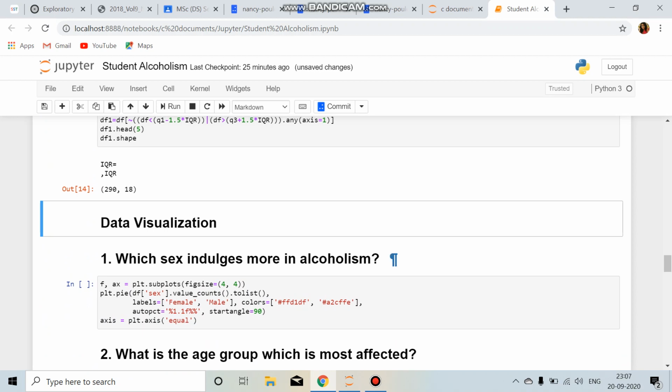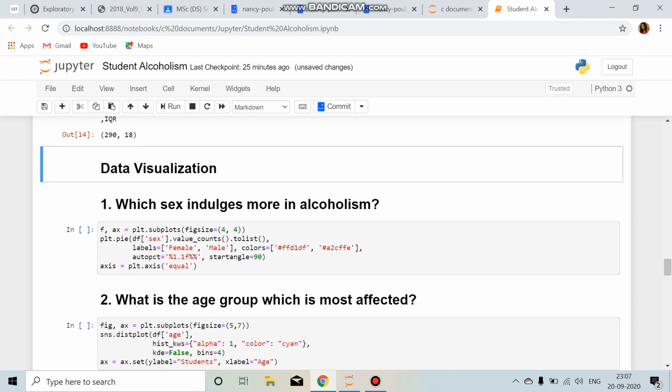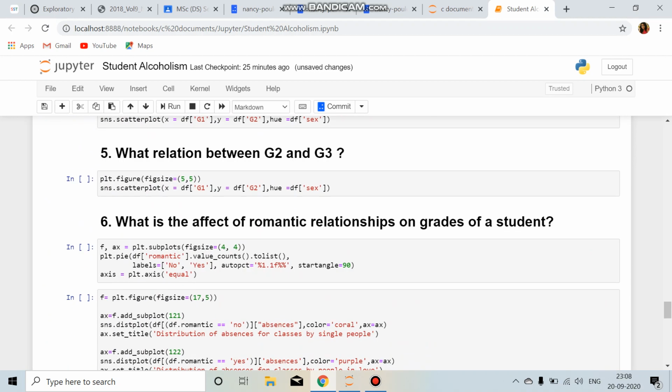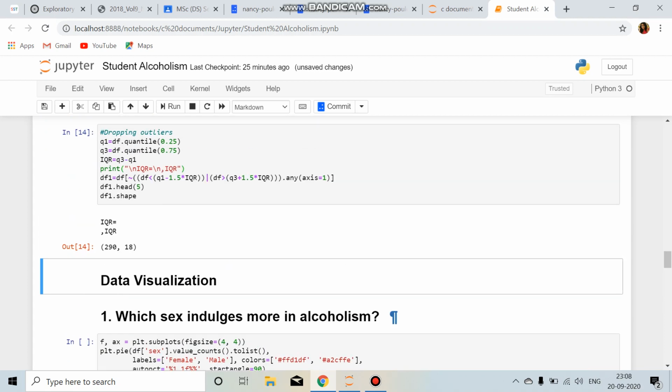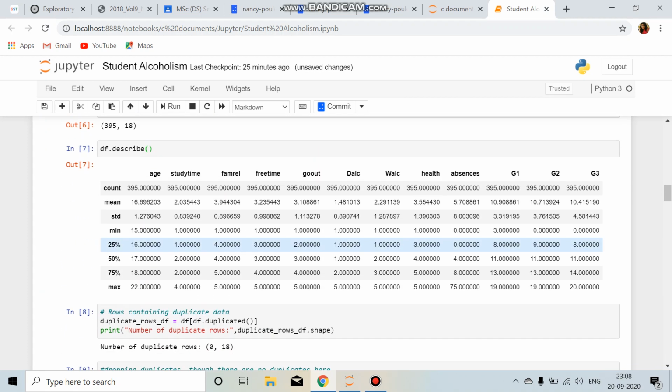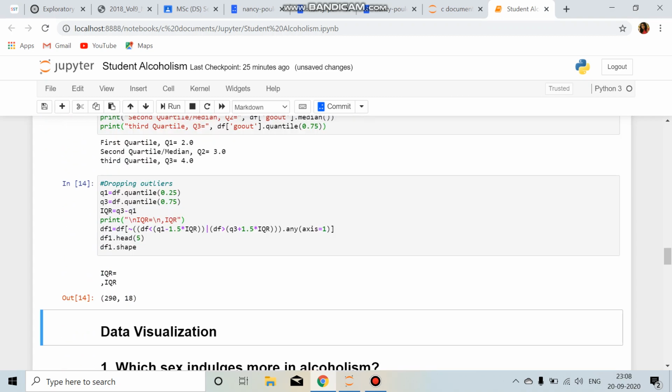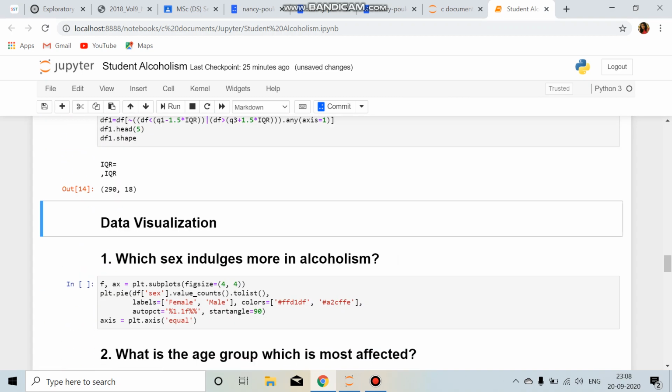Now we are going to conduct the data visualization, for which I have taken a few relevant questions about my data. Firstly, my data involves students of a school who are indulging in alcoholism. Which sex indulges more in alcoholism?